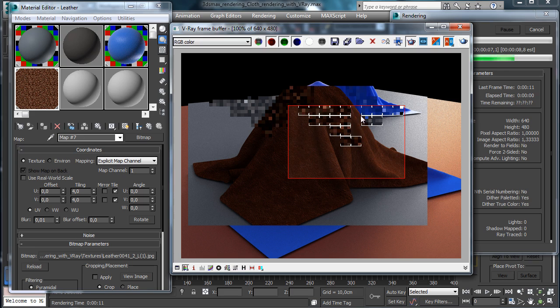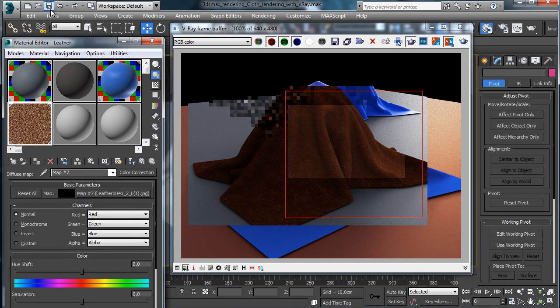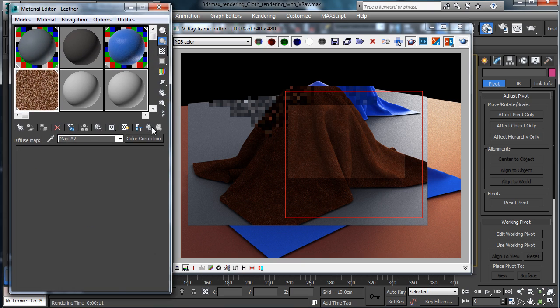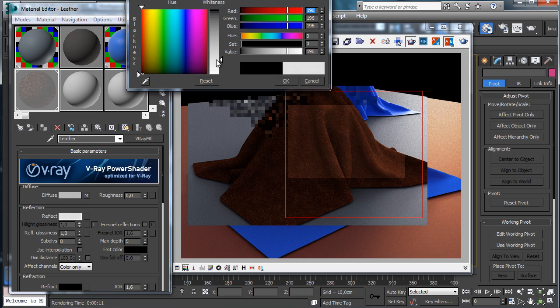Okay, so now you see we have nothing special. It is just a colored texture and nothing else. Let's save. So we have to start simulating the reflectivity and the other properties of a leather. So the first thing we need is the reflection. We need to have reflection, and usually the leather can be